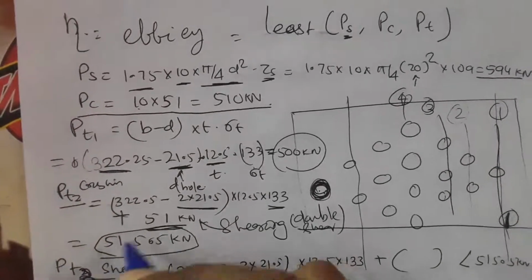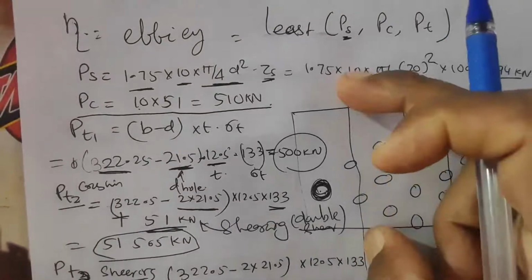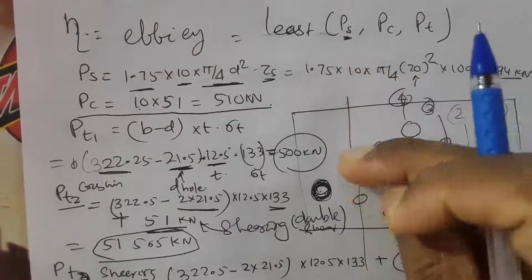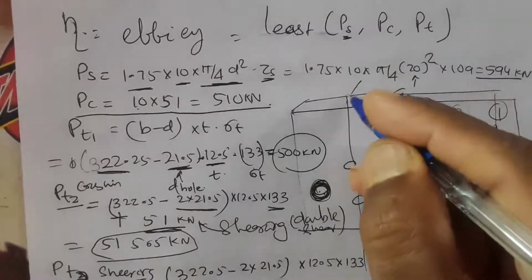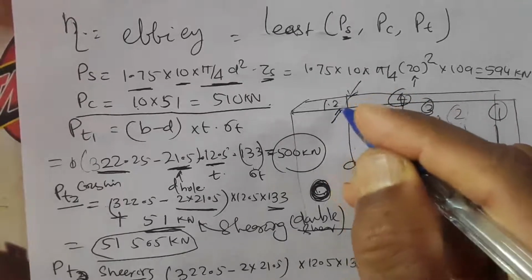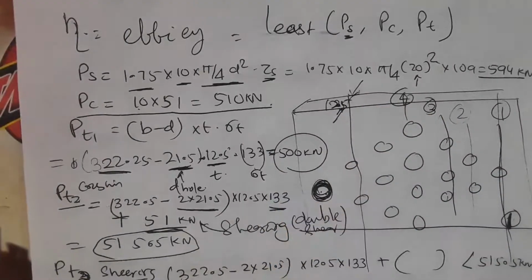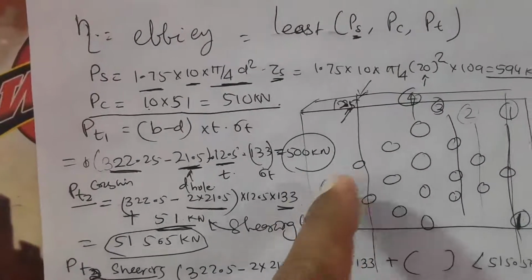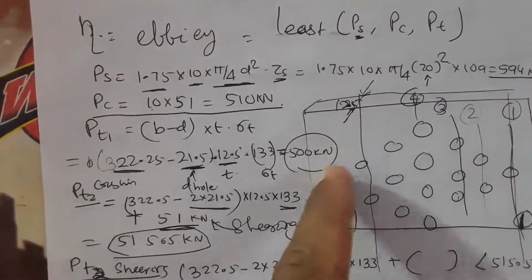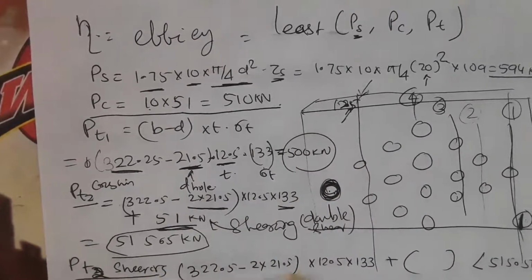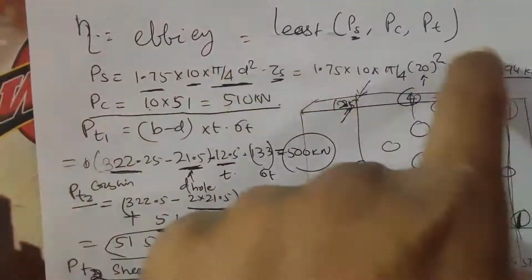In this case it is coming out to be 51.4, because this is the W, the width, that is 322.5, minus 2D into the thickness of the plate, which is 12.5, and the sigma T is 133, plus the front row rivet that has to shear or crush. So crushing is the weaker one, but if you find out the shearing, it will be more than this one, so you don't consider it, because you want to find out the least among these.